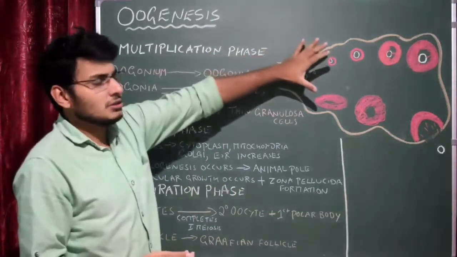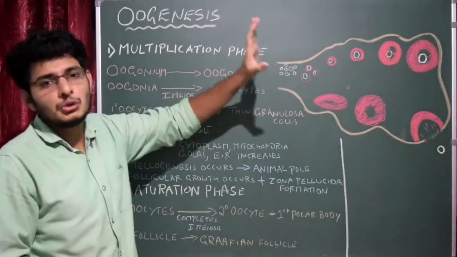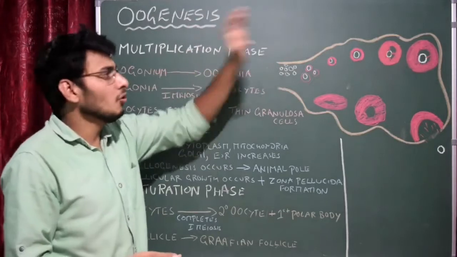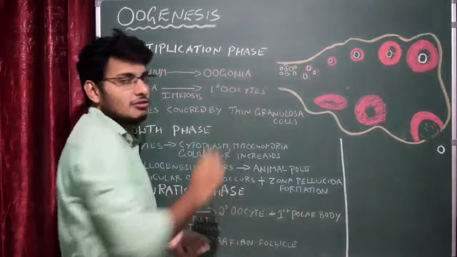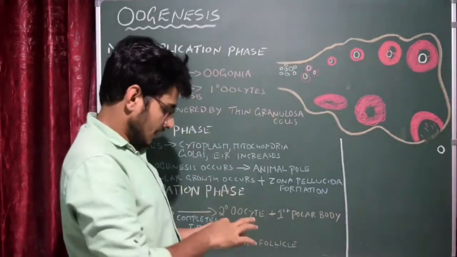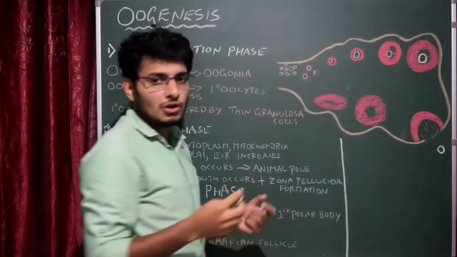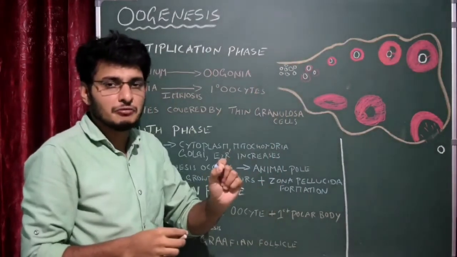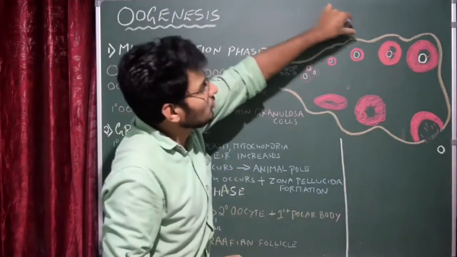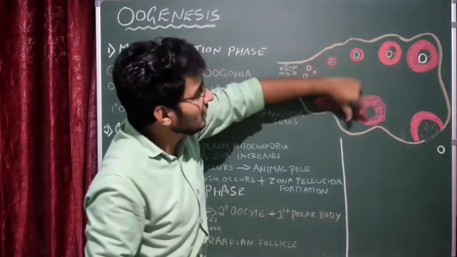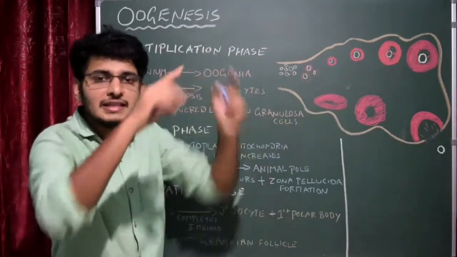Here we have to study, first, the structure of the ovary. I have already told you when I discussed the FRS that ovaries are the primary sex organs. This is the structure of the ovary. You could see the outermost layer, whitish in color, that is the thin epithelium, correct? Within this lining, you see a big cavity. This structure is called the stroma. Stroma is the inside of the ovary.